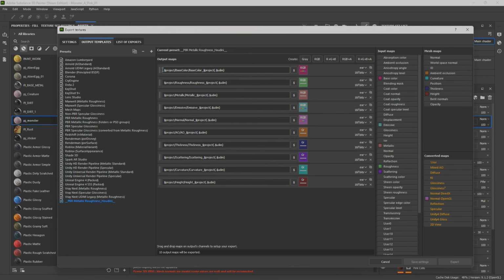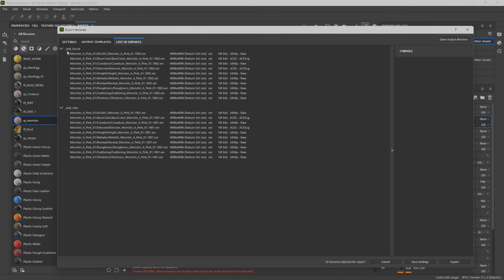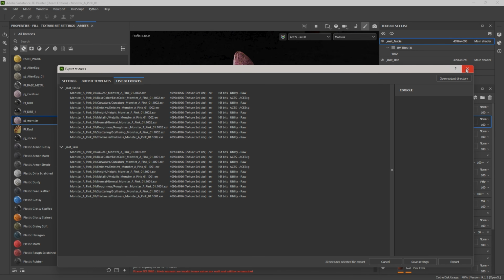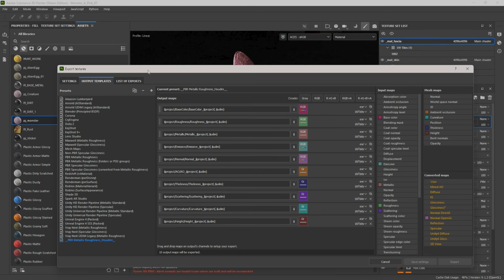But you'll notice this is going to a dollar project, base color dollar project. So this dollar project is basically going to name this monster underscore a pink 01. So that's going to be the name of the file. In fact, this will resolve this, so you'll have two texture sets for each UDIM tile. So I can apply this onto the models under one material network shader in Houdini. So I thought that was kind of interesting because it's kind of keeping it tidy and easy. So if I export this now,